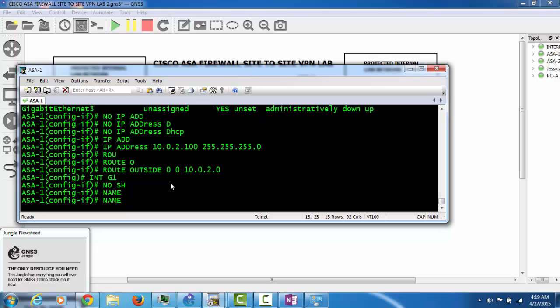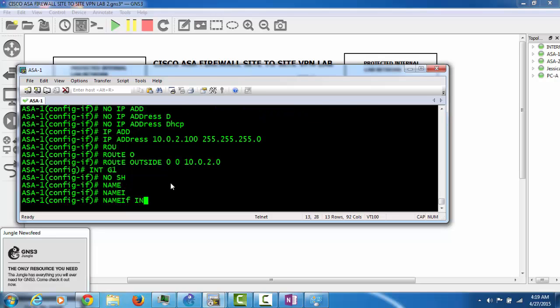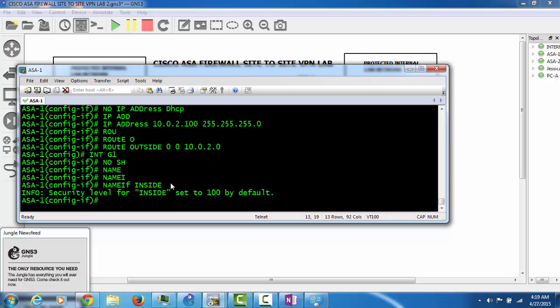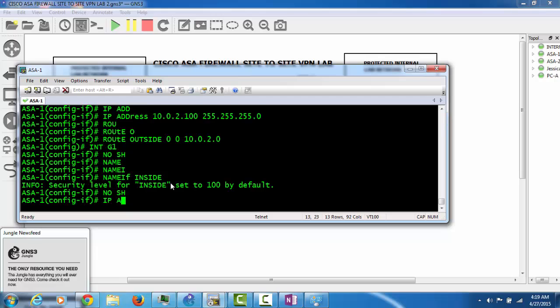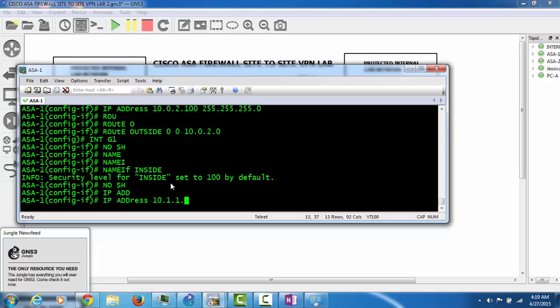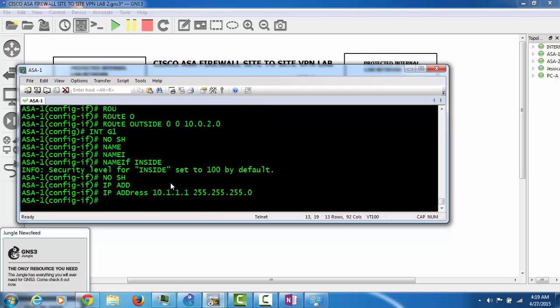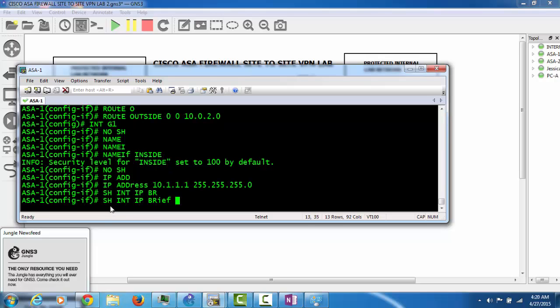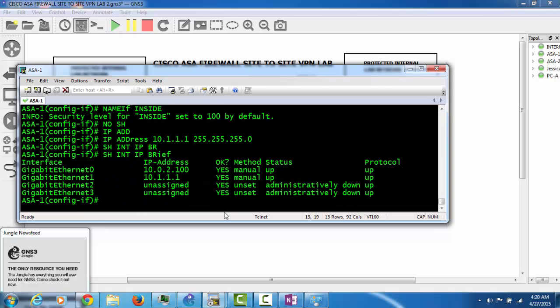Name if inside. No shut. IP address 10.1.1.1, 255.255.255.0, and show interface ip brief, because in the routers we say show ip interface brief, but this ASA is different, so it says show interface ip brief, and then can we ping